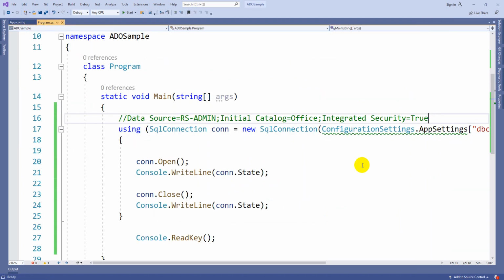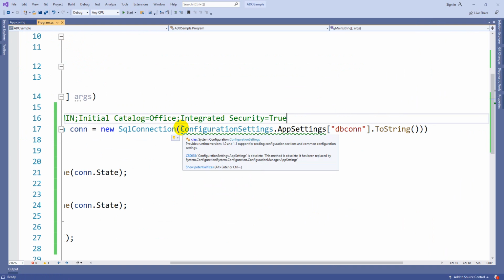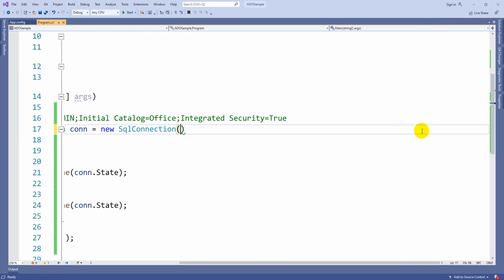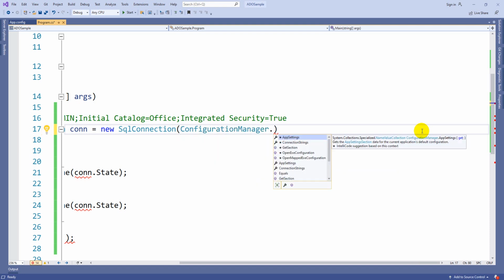Then we write the connection string similar to app settings, but there is a slight change if you observe. Here we have ConfigurationManager dot. By using ConfigurationManager, we can access app settings as well as connection strings.